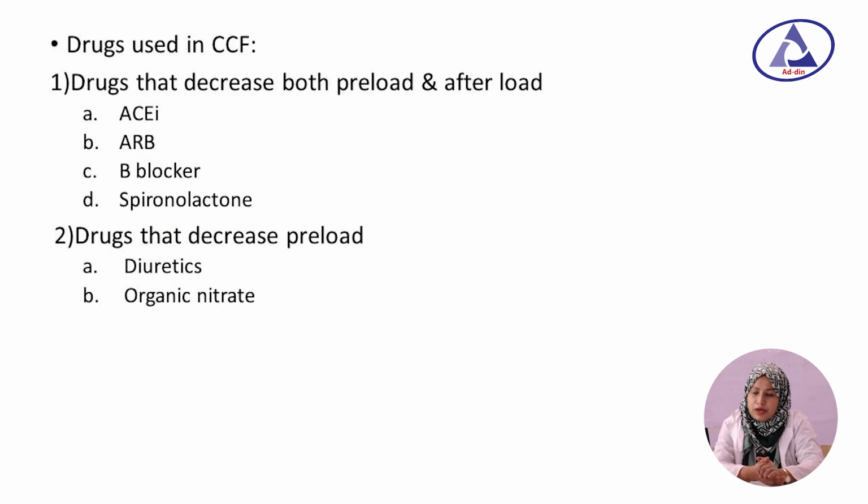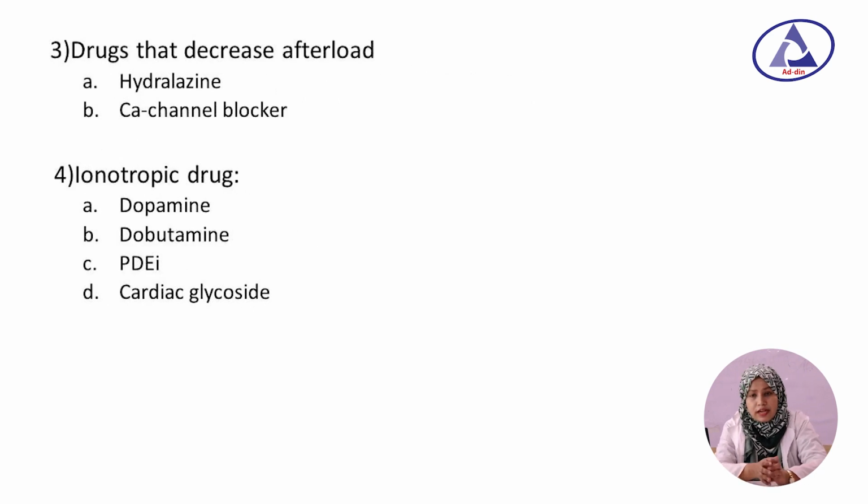Now, the pharmacological topic is: what are the drugs that are used in congestive cardiac failure? Drugs that decrease both preload and afterload, that is the better drug, are angiotensin converting enzyme inhibitors, angiotensin receptor blockers, beta blockers and spironolactone. Those that only decrease the preload are diuretics and organic nitrates, and those that only decrease the afterload are calcium channel blockers and hydralazine,